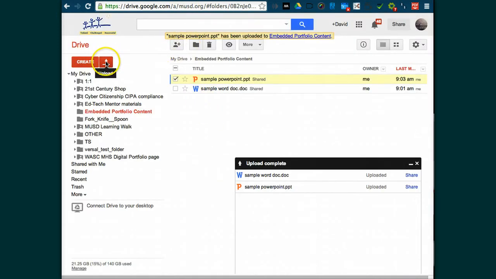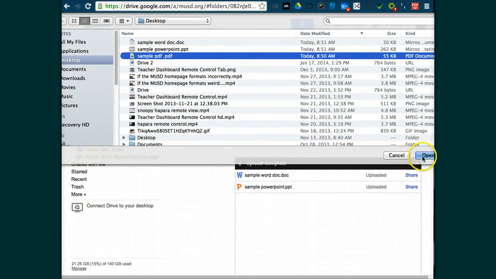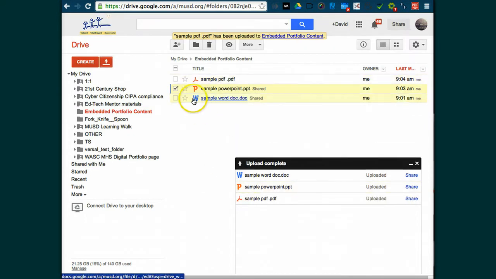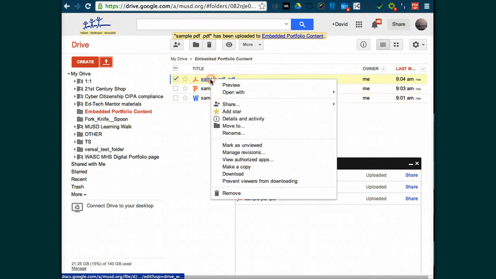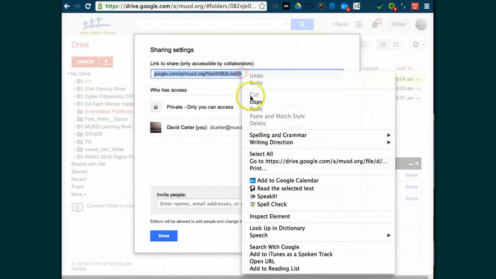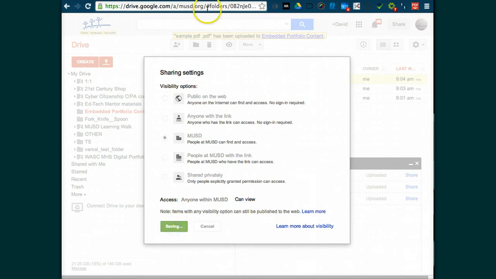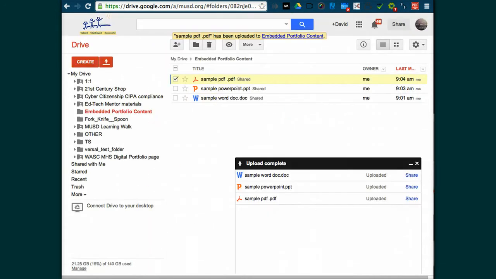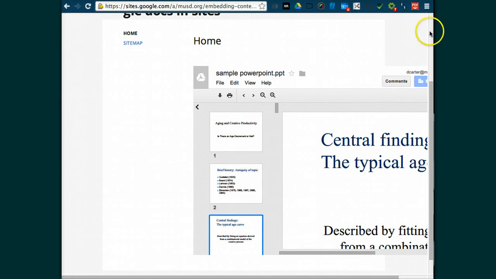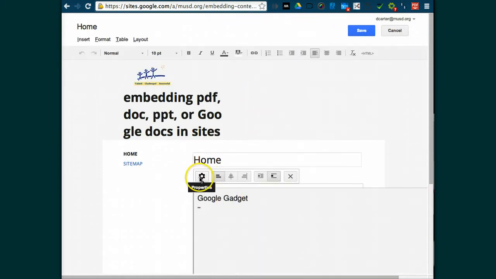Let's try it one more time here. Upload, File. Where's my sample PDF? There it is. Open. Comes up here. Sample PDF. I will right-click it, share. I will copy this URL. Copy, and I will make it so that everybody at MUSD can see it. Done. Going back here, I will go to Edit Site again, Edit Page I mean, and I will go to